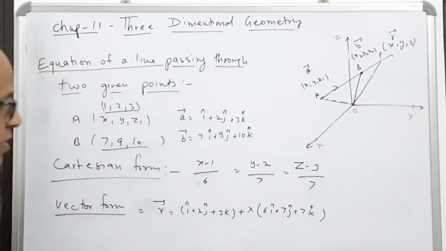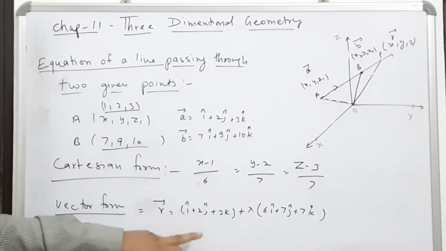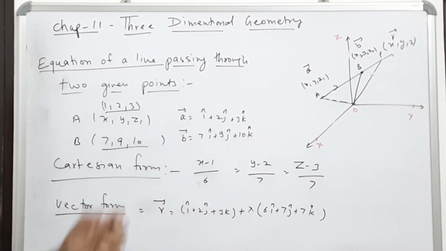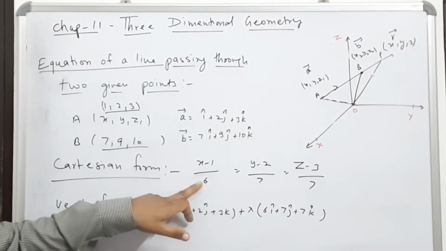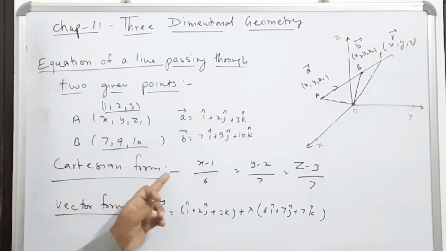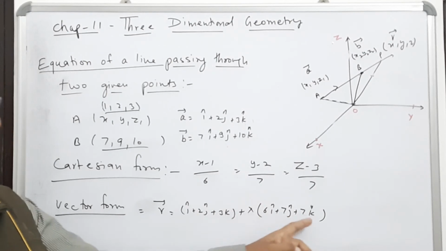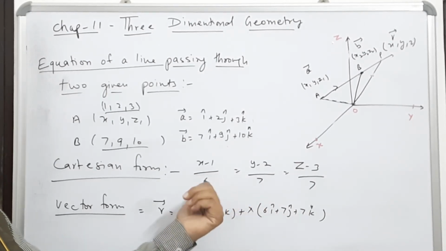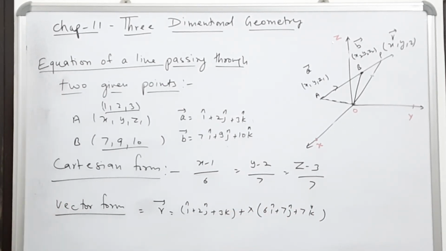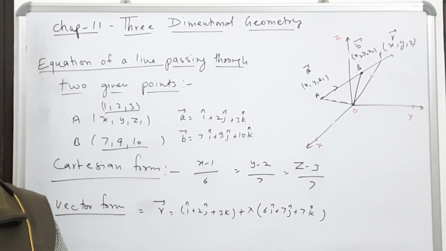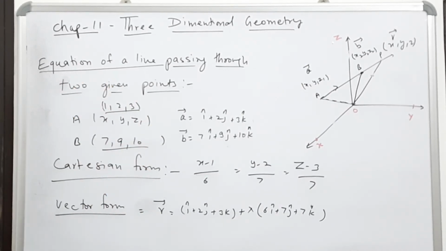See these two. So in this way you can see the relation between them; we can convert the Cartesian form into the vector form and we can convert the vector form into the Cartesian form also. And if there is an objective question, what is the direction ratio of this line? Then it is 6, 7, 7, the b vector, and here it is x2 minus x1, y2 minus y1 and z2 minus z1. This is the simplest part of 3D, that is the equation of the line passing through 2 points.